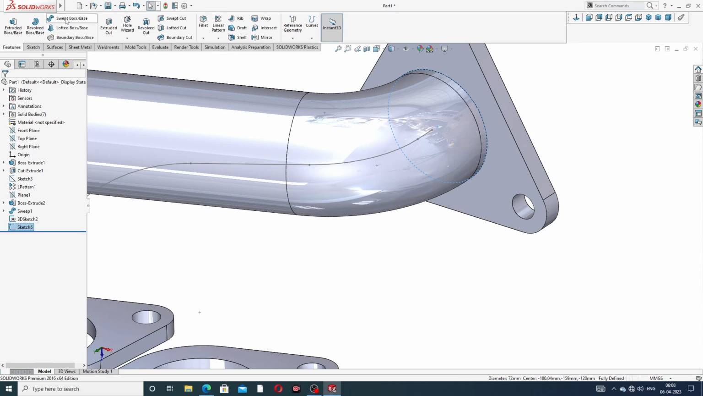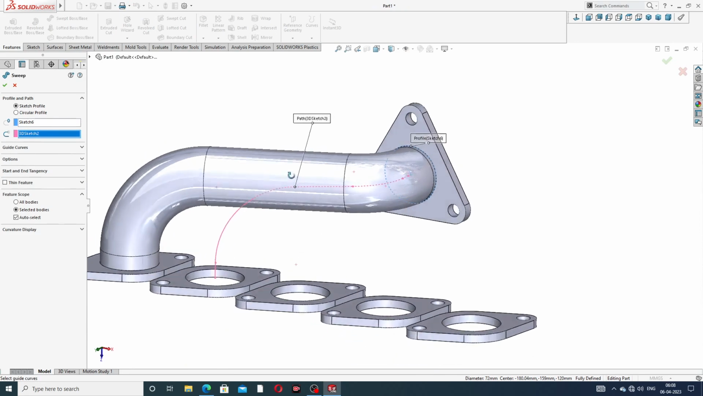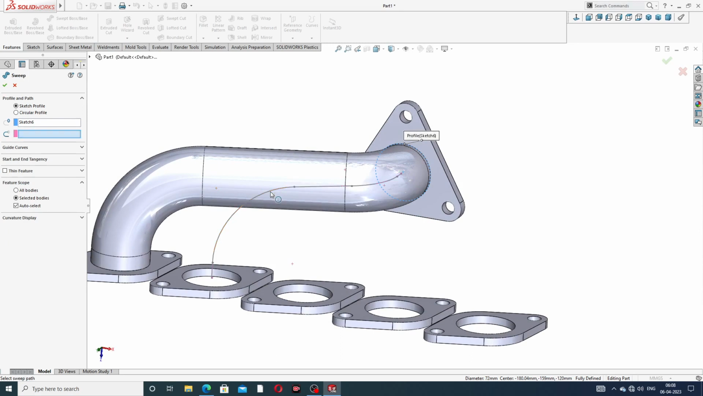and apply a Swept Boss Base. In the Swept Boss Base, this profile is automatically selected here, and click the path. The path is selected here. Okay, but this is not